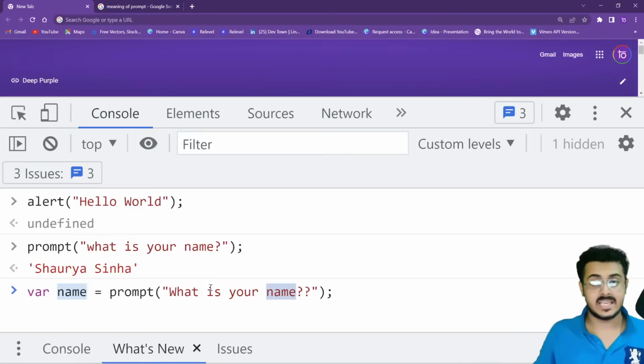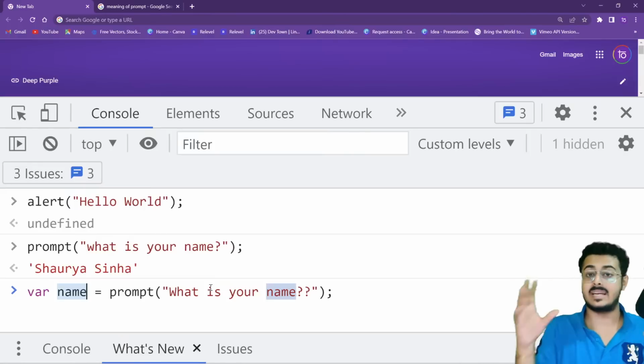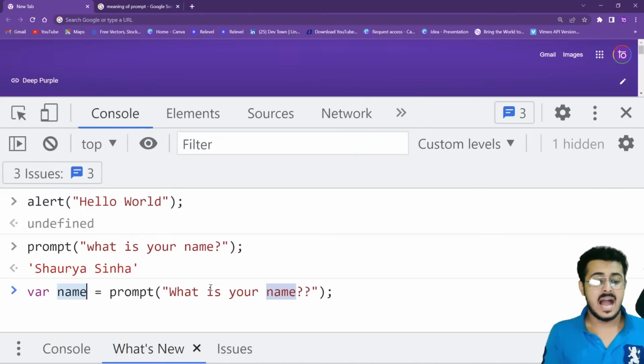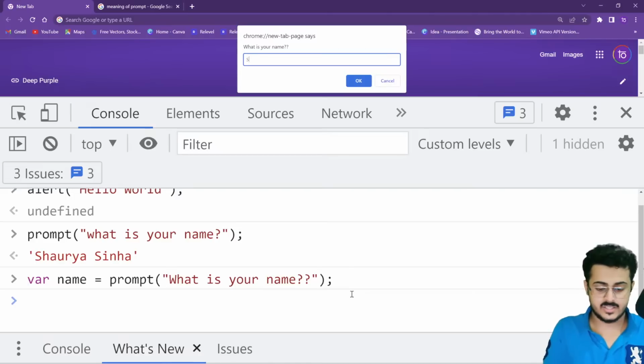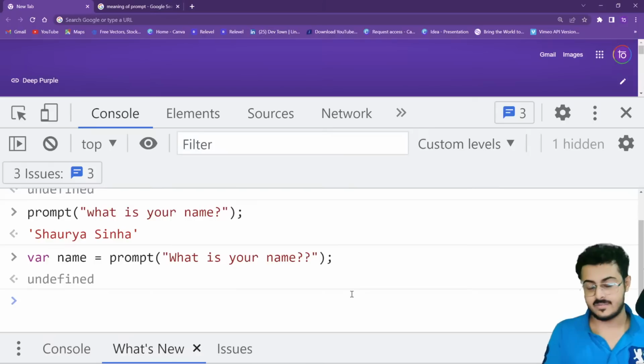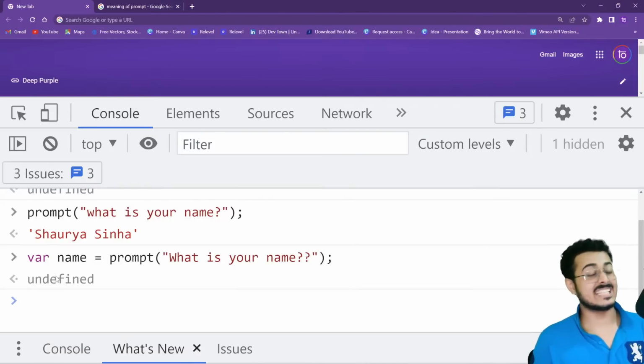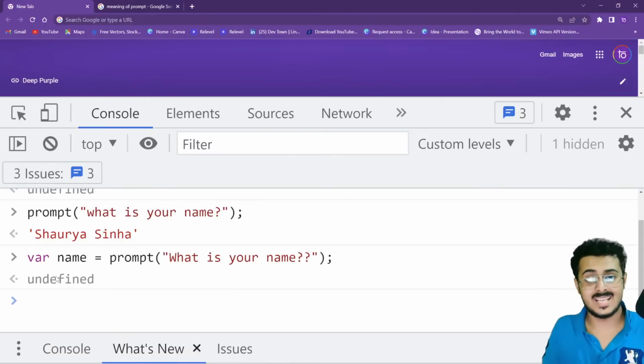Like I said, var name equals something. That basically means you're creating a box called name, and the value that is getting saved right over here is the value that you're getting from the user itself. So let's run this little line of code. Let's take our name as, let's say, Suzy. That's the name of our CEO as well. Right over here, it is getting saved into a box called name.